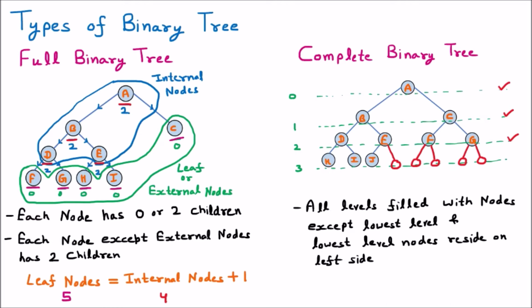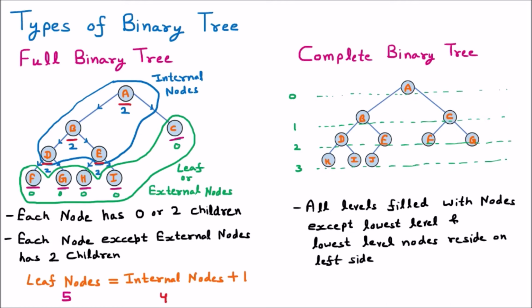If I take this example where all the levels are complete, then this is the complete binary tree, not a problem. But if the last level nodes are not present, then there is one more condition: if other levels are complete, on the last level the nodes should be on the left hand side. So I am taking case 2 here.